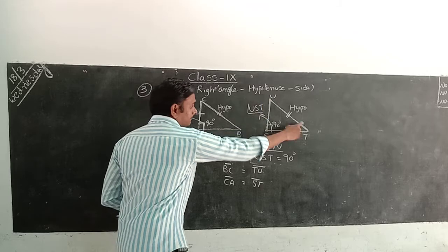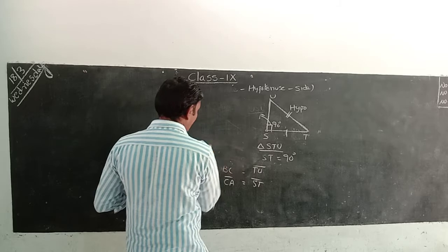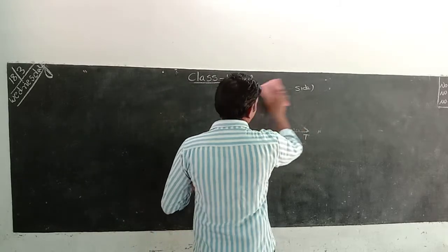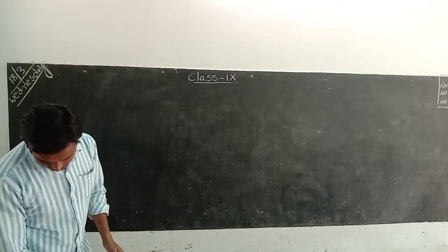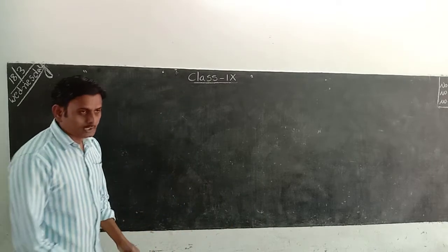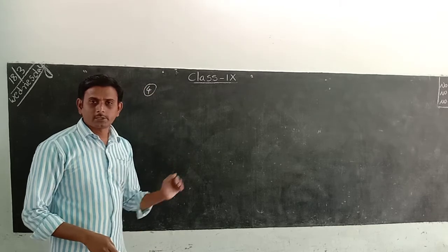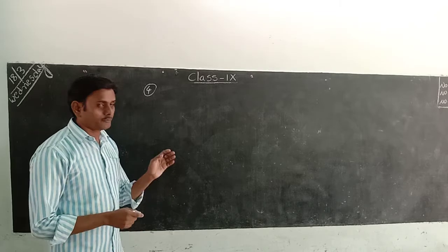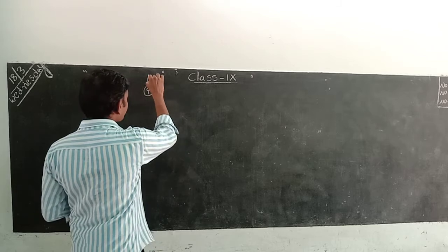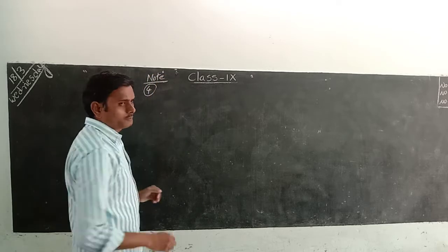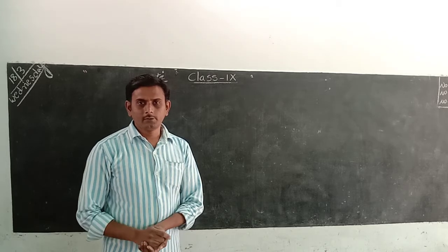Hypotenuse. Next, some more note points are there. Already in the previous class we learned that one. Those note points completed, then we can start the sums related to this. These four points, from the previous video and this video, which are combination rules we have told, and the note points we are saying here. These note points we have to learn and read. Then only you can do the sums very easily without difficulty.